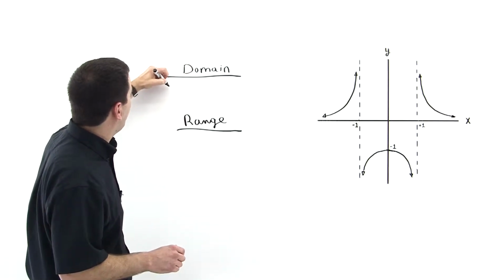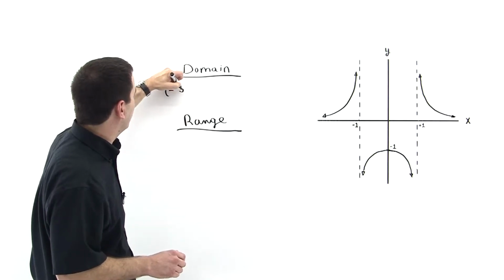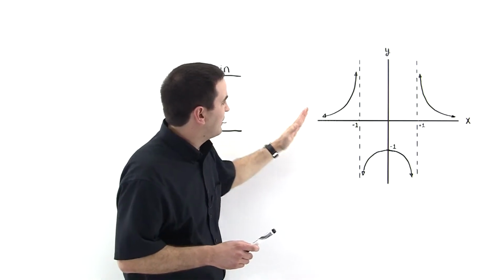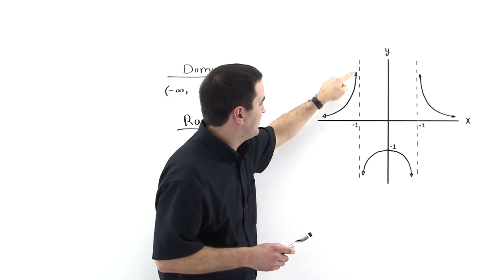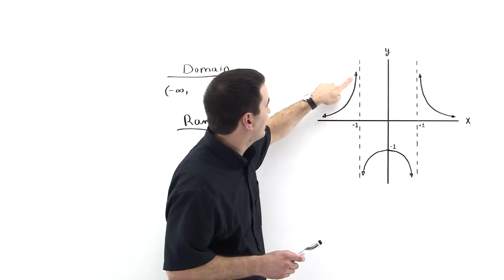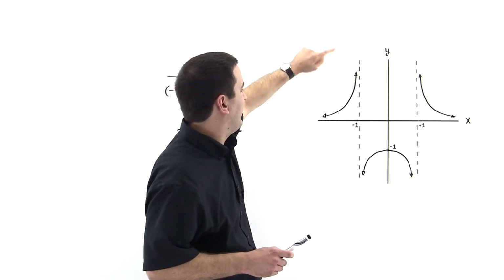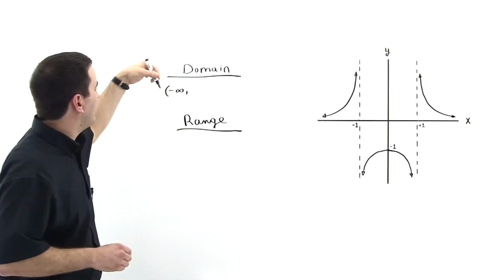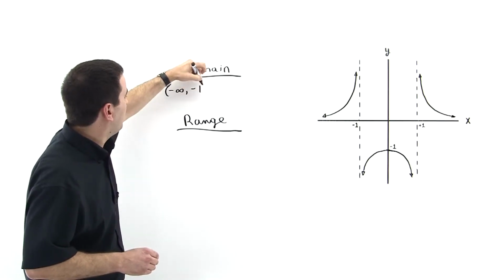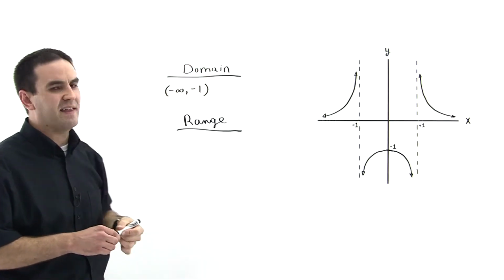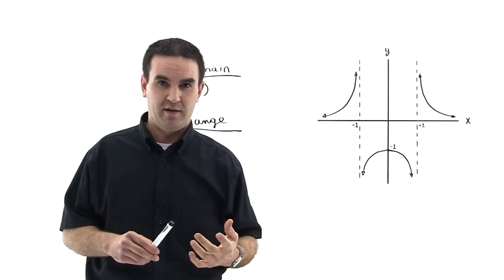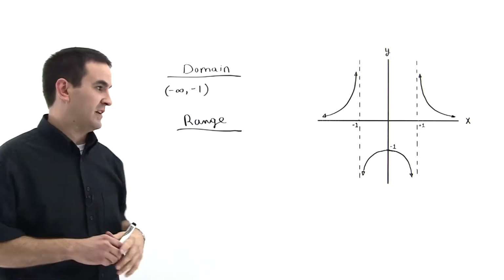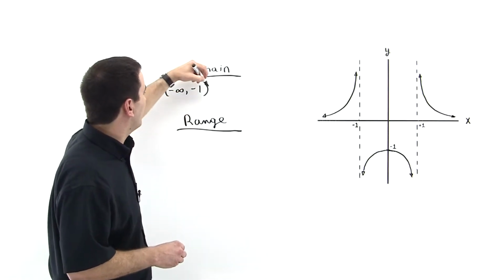So we write open parentheses, negative infinity, comma, and then the x values can be all the way to this -1, to this asymptote right here. But we see that the function goes up to positive infinity right there, and so the function is not defined right there at x equals -1. So we write -1, but we put an open parentheses to indicate that that number is not included in the domain. We would put a bracket if it were included in the domain, but it's not because there's an asymptote there. So this is in union with